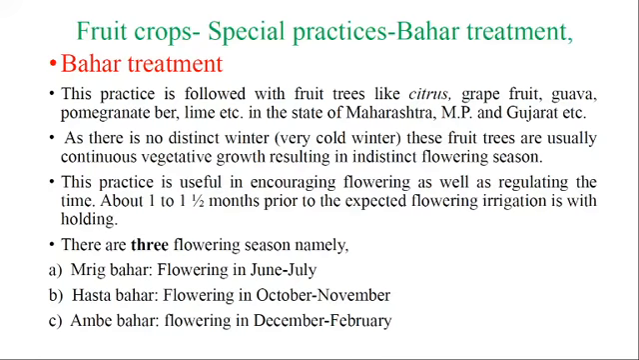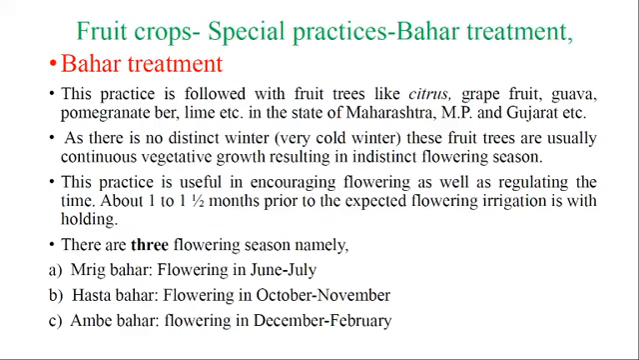This Bahar treatment practice is followed with fruit trees like citrus, grape, guava, pomegranate, and lime in the state of Maharashtra as well as MP and Gujarat. As there is no distinct, very cold winter, these fruit trees usually have continuous vegetative growth, resulting in indistinct flowering seasons. This practice is useful for encouraging flowering as well as regulating the time, about 1 to 1.5 months prior to the